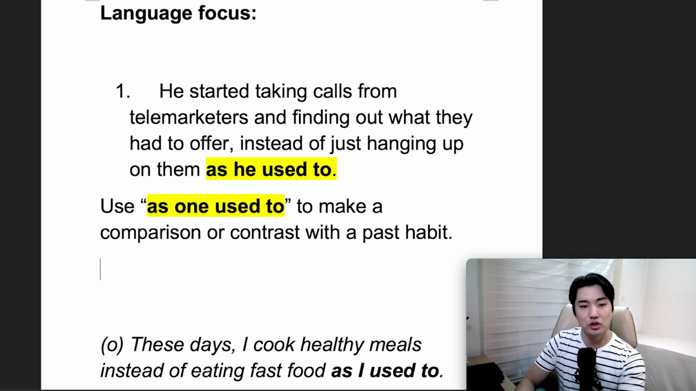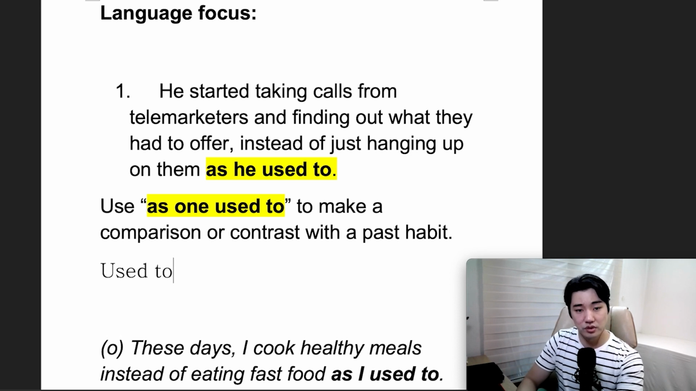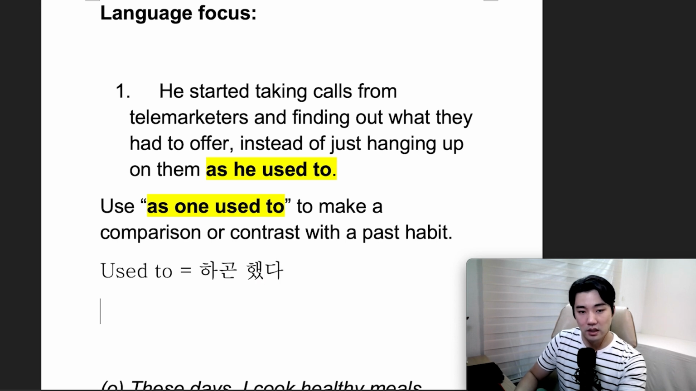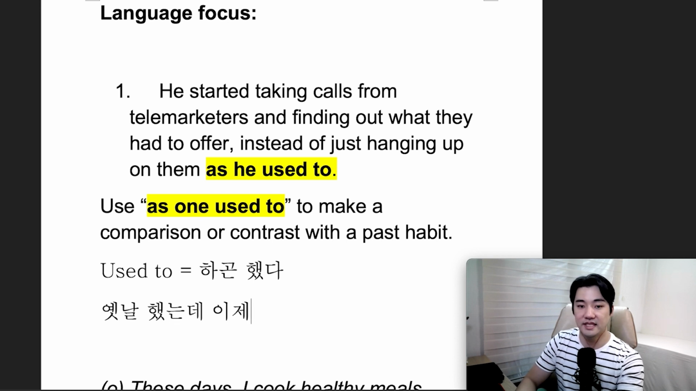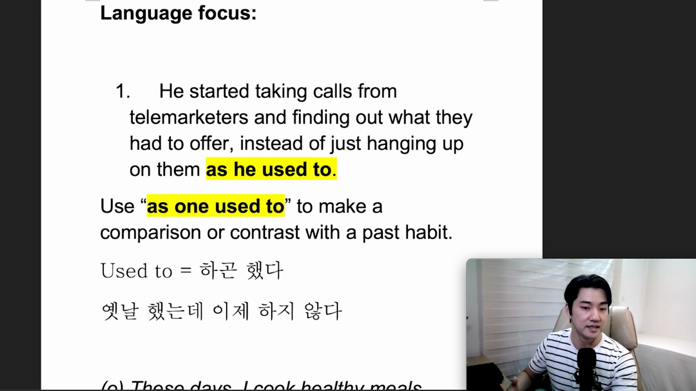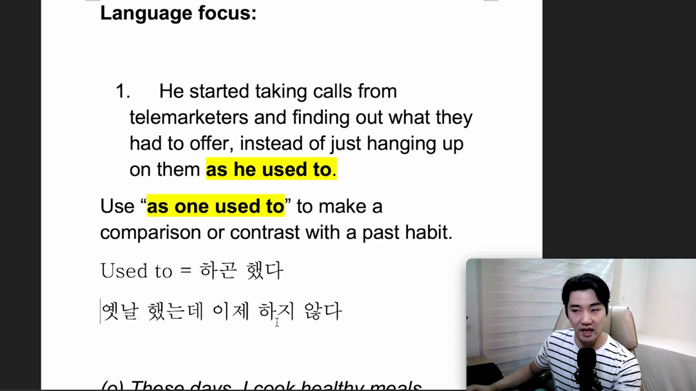그래서 used to 무슨 뜻이에요? used to 보통 하곤 했다. 이나 뭐 옛날 했는데 이제 하지 않나요? Okay, 뭐뭐 옛날 했는데 이제는 하지 않나요? So used to, something in the past that you did that you do not do anymore. But usually